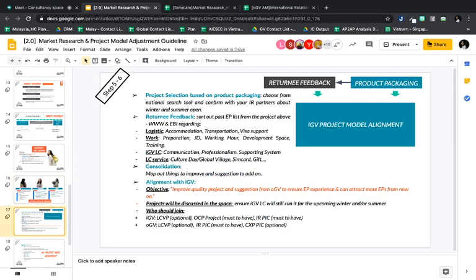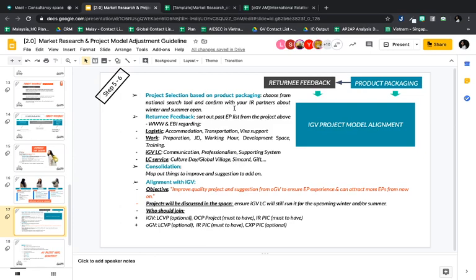Anyhow, we need to take their experience from the real EP, because if you have never been to that project, you will never know what happened in that project. First of all, back to product packaging: normally you will finish market research with a list of projects. A lot of people are concerned about coronavirus, so how can I know which project will be open and which will not?